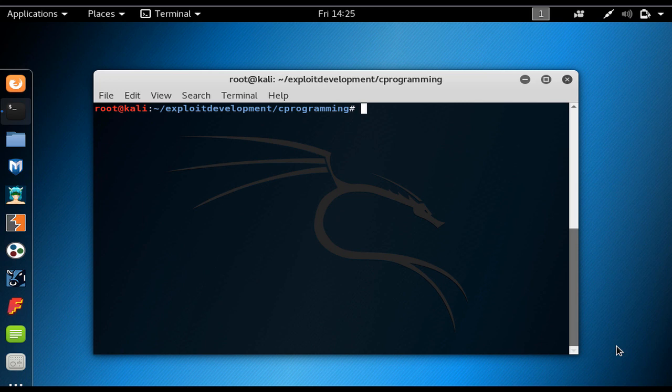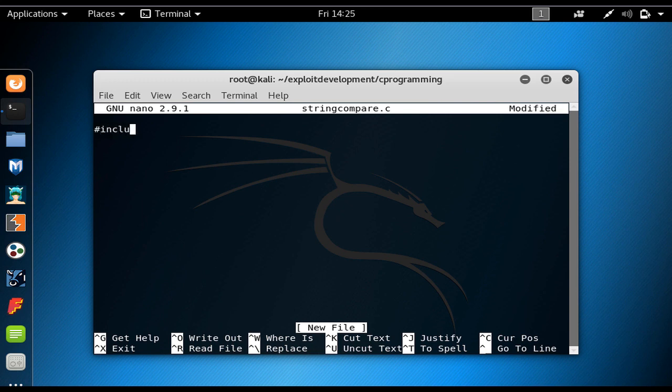In this lecture, we are going to write a program which could compare two strings, a function like strcmp, which you saw in the previous lecture. So first, I create a file and name it string compare.c. We include the stdio.h because we want to use the printf function which is defined in this library, and then we say int main and we return